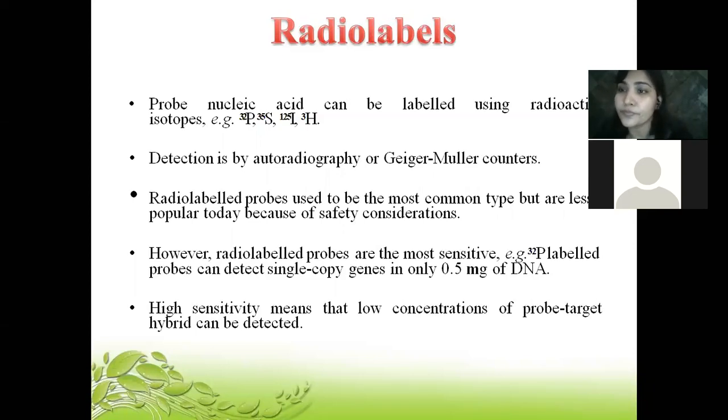Okay. Since we are talking about 0.5 milligram of DNA, you must be wondering how we can measure DNA in milligrams. Measuring DNA in milligrams is nothing but that you will be extracting the DNA. Once you are done with the extraction of the DNA, you get a little pellet at the bottom of your Eppendorf tube, this centrifuge tube.